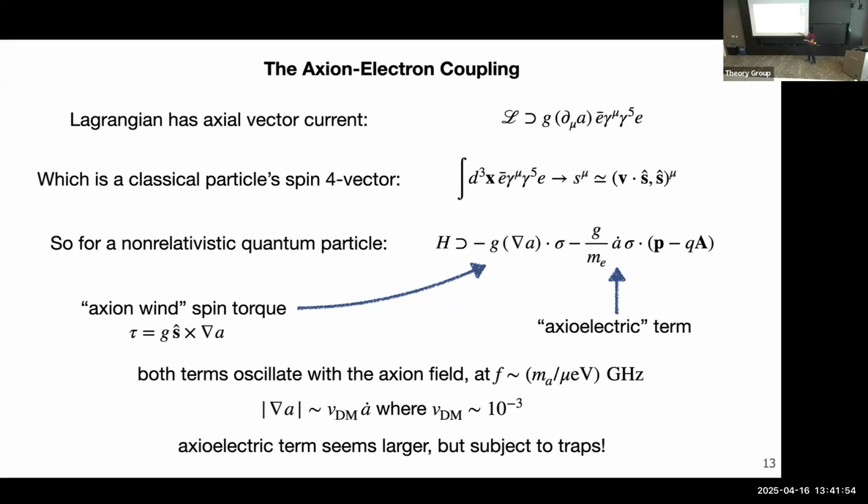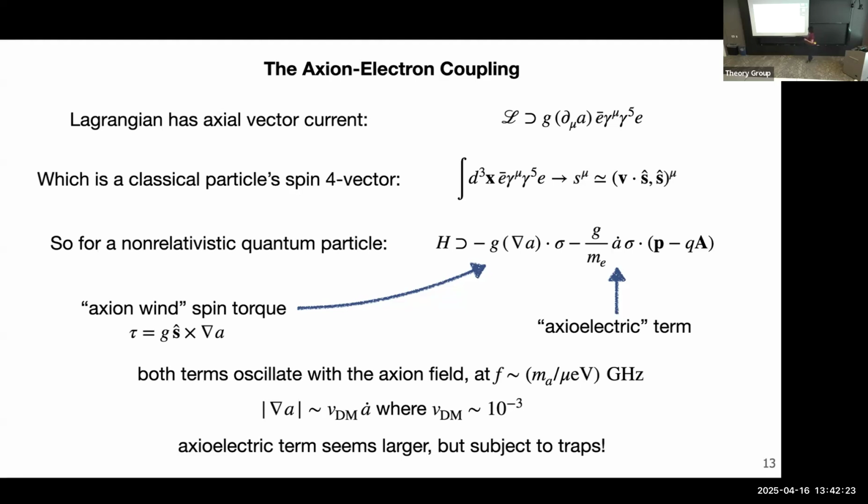So if you haven't seen much about axion searches before, I should remind you that these are all cases where, when you have axion dark matter, the axion can be thought of as a classical field. So you should think about this A as just literally being some number at every point in space and time. It is roughly oscillating sinusoidally. The frequency of this oscillation is typically around gigahertz if you have a micro-eV axion mass. And in addition, the spatial gradients of the field depend on the average velocity of dark matter, which typically is about 10 to the minus 3 in the galaxy. And that's set by the size of the gravity well in the galaxy.